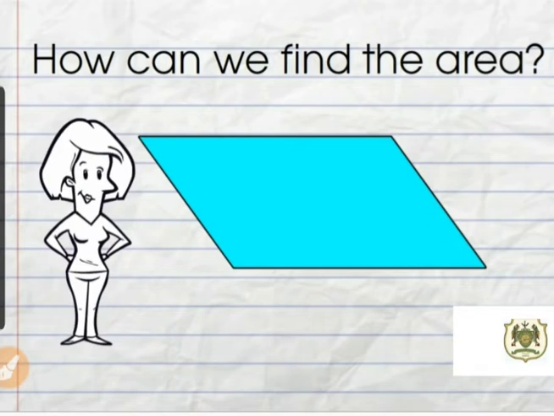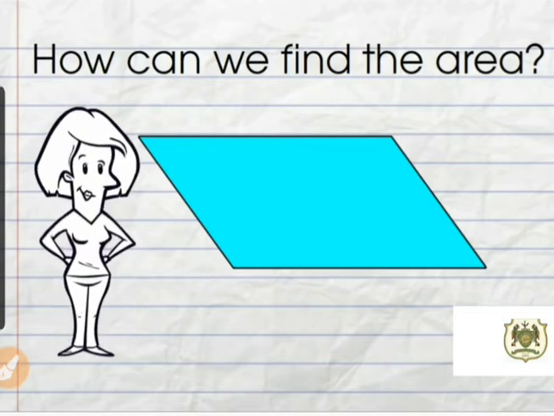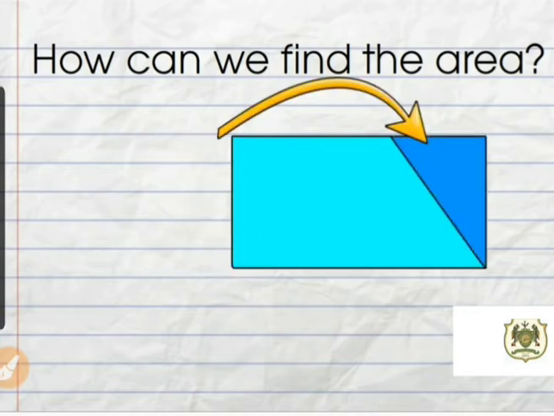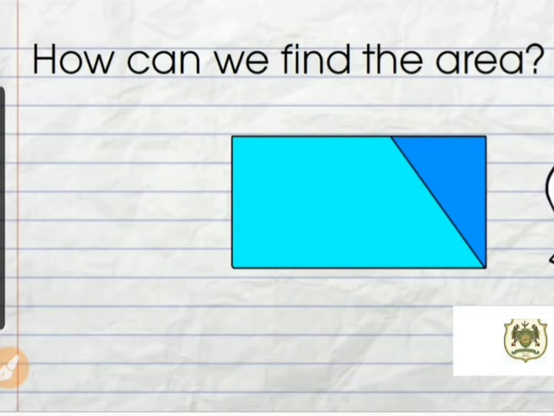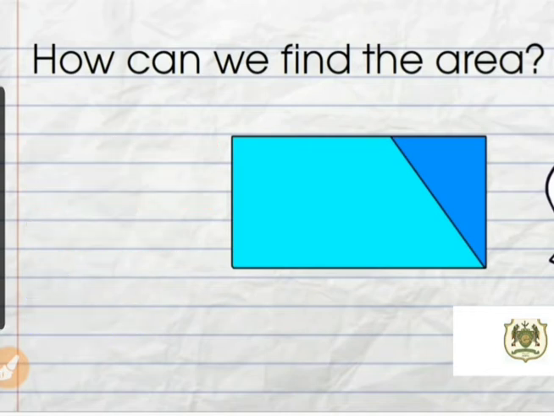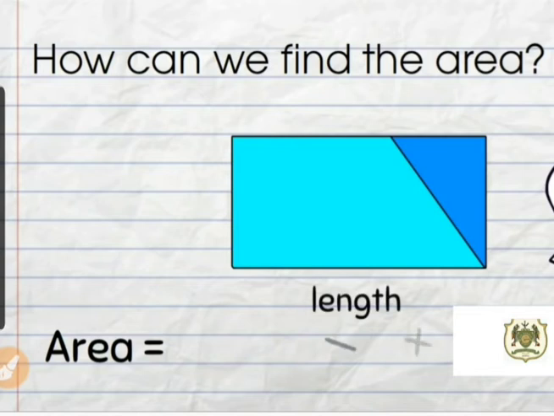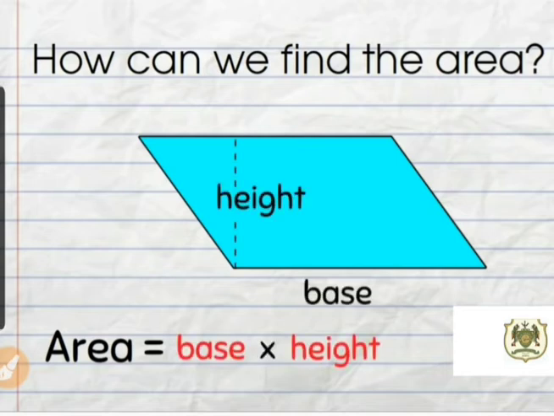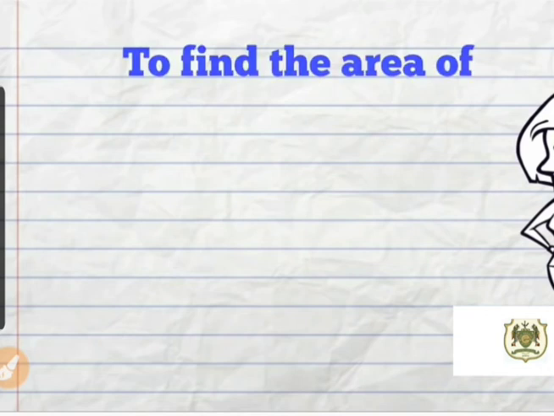Here, what I am going to do is take this particular parallelogram and cut it from one side. By drawing the perpendicular line, I cut it and add this part to the other side. So I am not deleting any part. The entire area of the parallelogram is still there, just rearranged. We have cut from one end and put it on the other end. Here, we know that the area of a rectangle was length into width, right? So, I can take the area of a parallelogram as base into height.